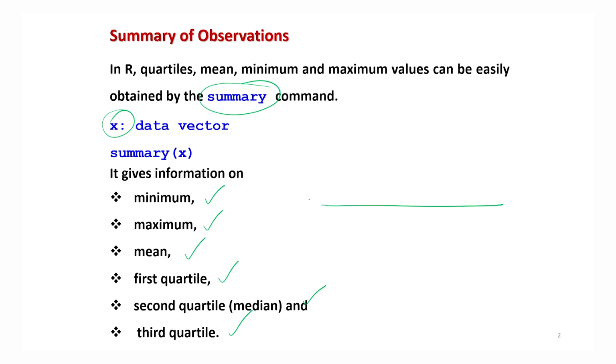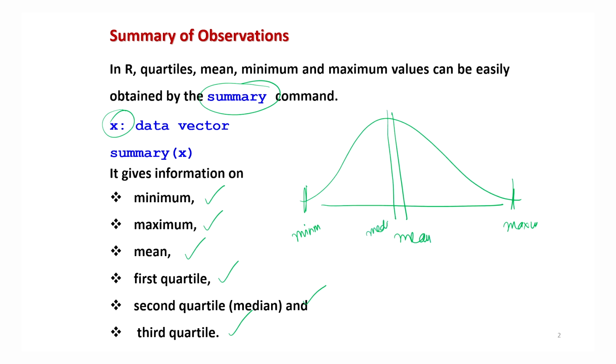Spread in the sense, for example, if this is the frequency curve of a data set, then here is somewhere the minimum value, here is somewhere the maximum value, and here is the mean value. If the data is symmetric, then the mean and median may be close, right? And then here the first quartile, second quartile, third quartile, fourth quartile. If you get this much information, you are getting sufficient information to understand the behavior of the data sets, or a fair idea about the hidden tendencies inside the data set, right?